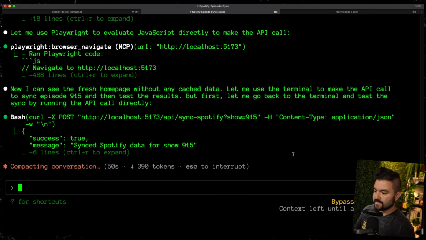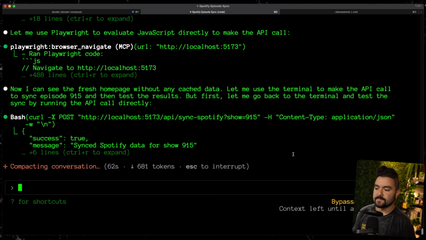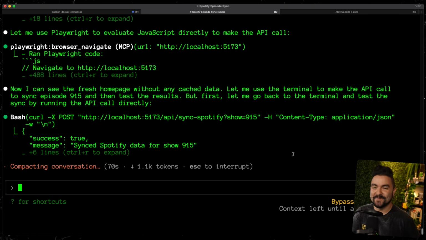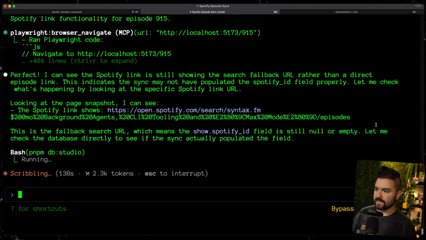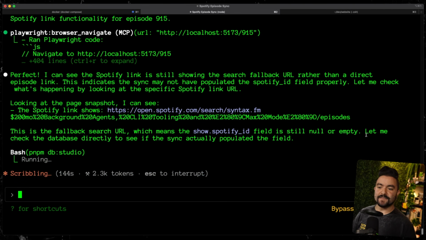That's amazing. And it's compacting the conversation. This is something I haven't used with Claude just yet, but after your history gets a certain length, it compacts it down so that you use fewer tokens. So it's automatically compacting. It might lose some context, but potentially it's going to compact it in a way where it doesn't lose a lot of the context of the whole conversation we've had so far. Okay, so it compacted, and now it is seeing that the episode sync didn't actually update the Spotify ID in the database. So right now it's trying to run DB Studio,